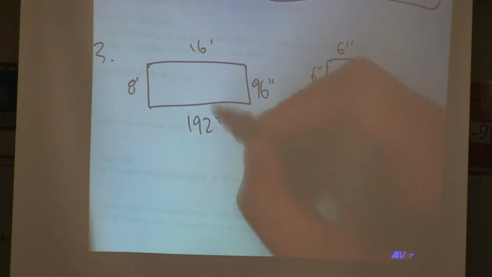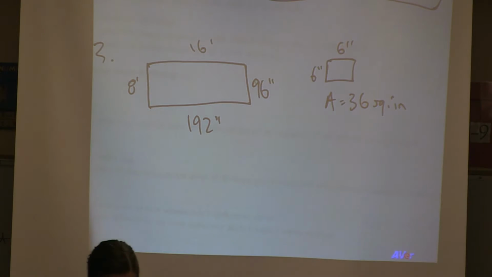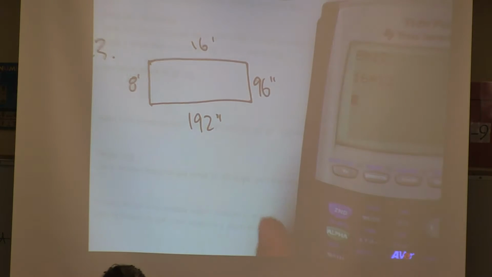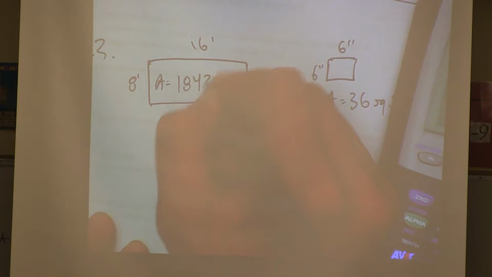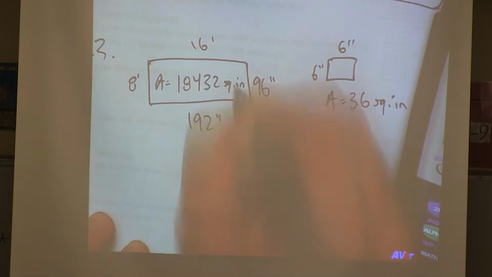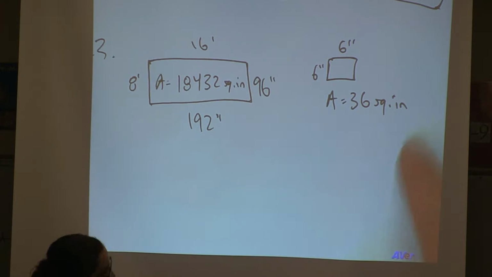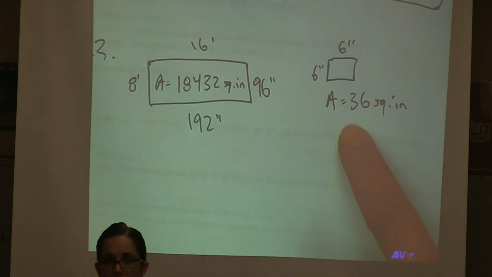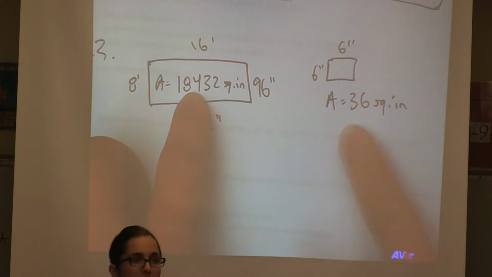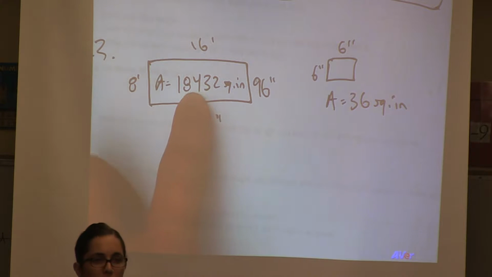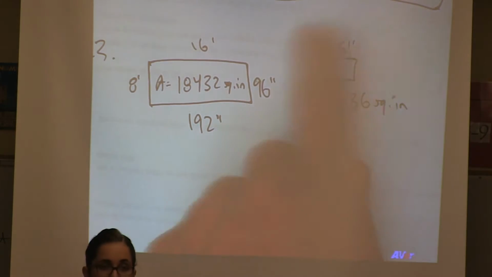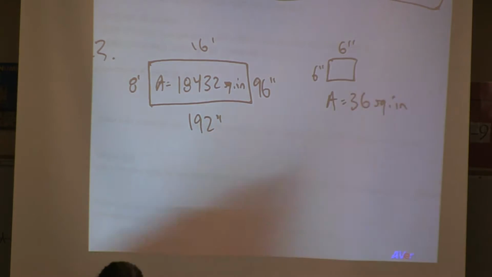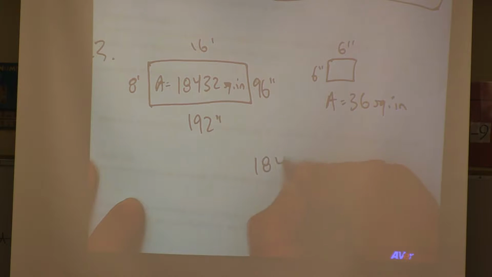So I'm going to use those to find the area of the entryway. The area of my entryway is 96 times 192, which is 18,432 square inches. So if each tile covers 36 square inches, and there's a total of 18,000-ish square inches I need to cover, and each tile covers 36 of them, I just need to figure out 4,000,